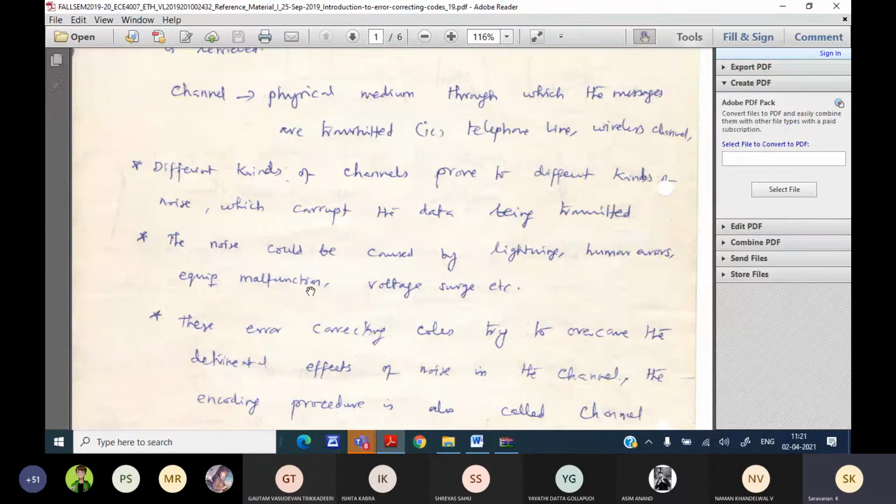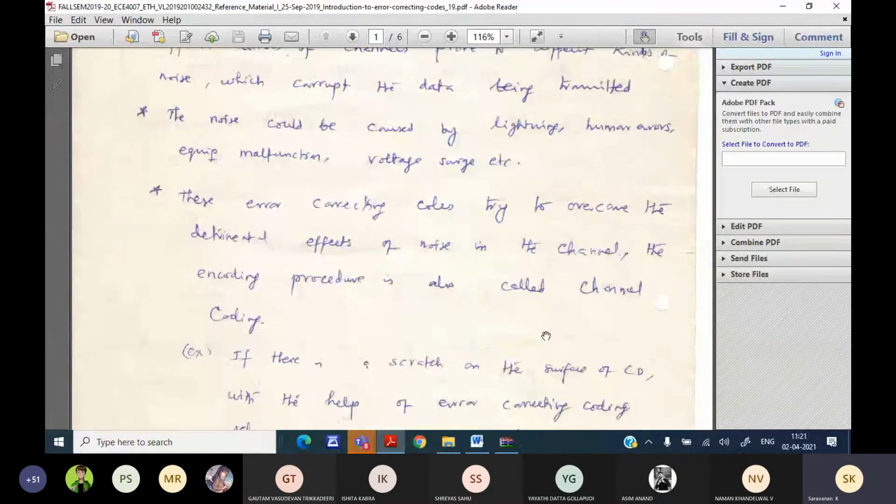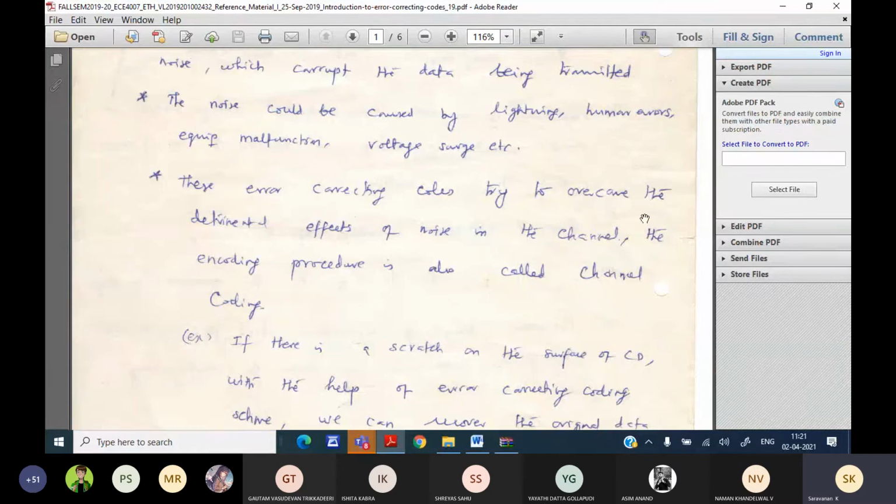Equipment malfunction sometimes occurs, and also voltage surge. Because of this, noise may be generated, and it affects the data being transmitted. So these error correcting codes try to overcome the effect of noise.